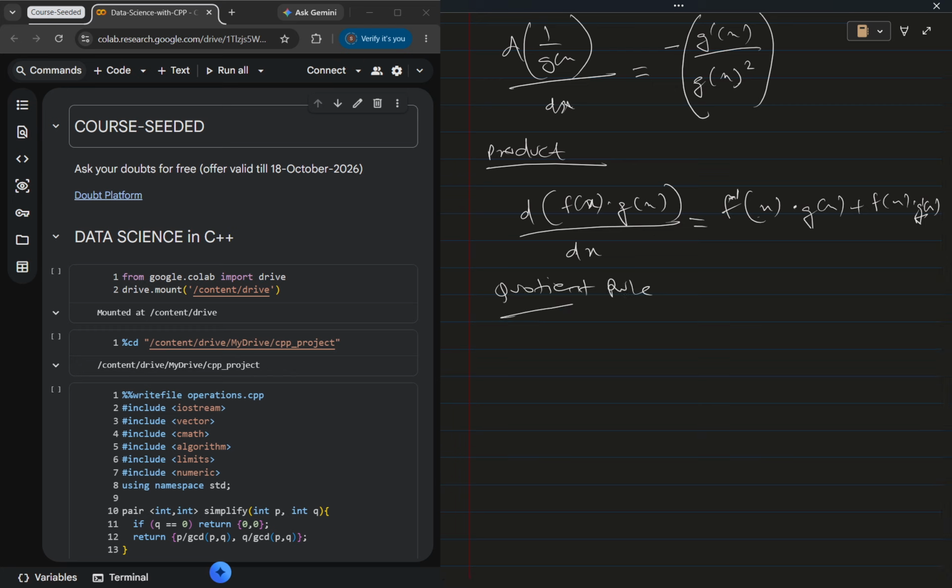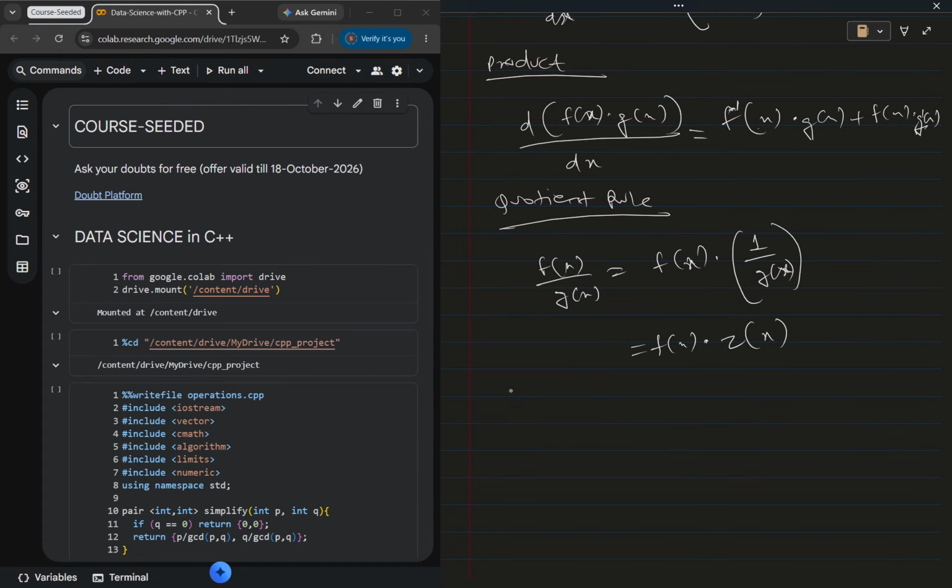Quotient rule. So you have f(x) by g(x). We can write this as f(x) times 1 by g(x). Now you have two functions, f(x) and 1 by g(x). Let's call this f(x) times z(x), so z(x) is basically 1 by g(x). Obviously you know the product rule, so you can just write h'(x) equals f'(x),